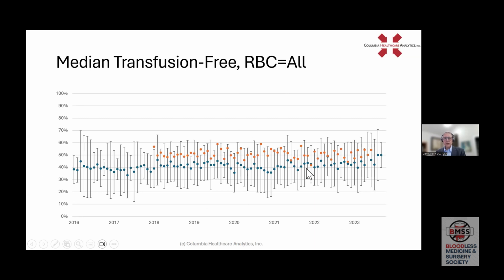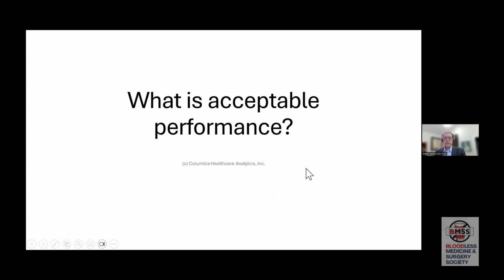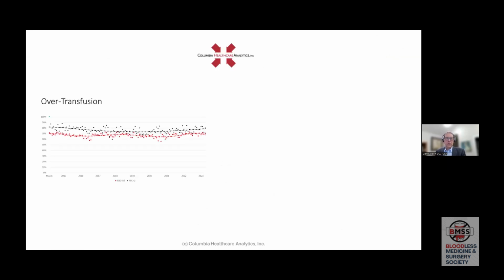You can see they're substantially above the median curve for the group. So what is acceptable performance? Well, this is a large 800-bed hospital. This is over-transfusion for all RBCs and 2 unit. We don't use 1 unit because if they didn't need the 1 unit, that's not particularly over-transfusion. So you can see that there really hasn't been much of an improvement over a number of years in this